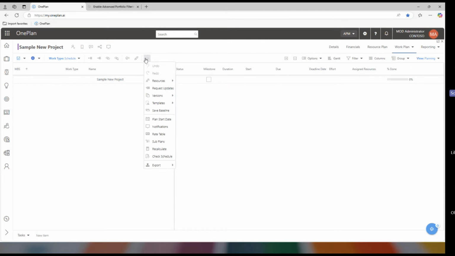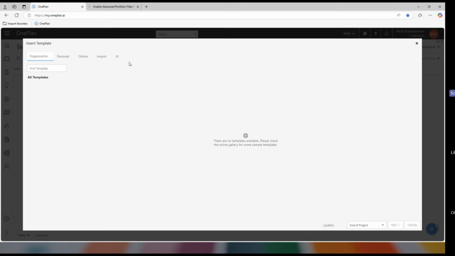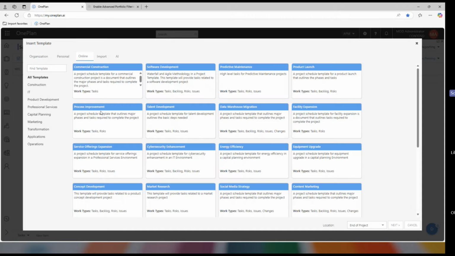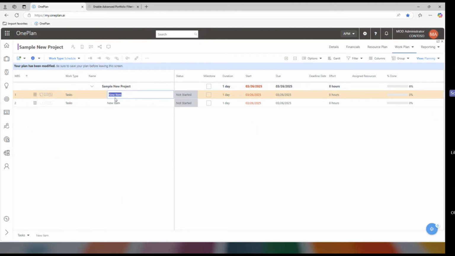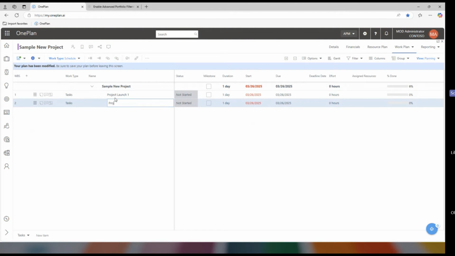Now, the other thing I want to point out about templates, if you are in the schedule, you can do the same option here to insert a template. Maybe that's what I did when I tried. But let me just choose one of these online ones here. And I want to point out that if, for example, you're doing something like a product launch, you have the ability to, let me start on my schedule here and add a few tasks. So this could be product launch 1, product launch 2,